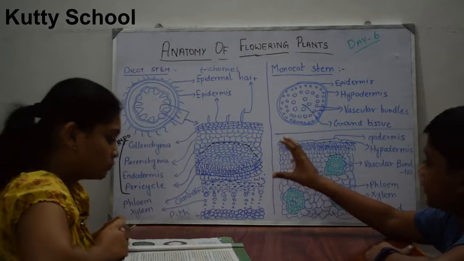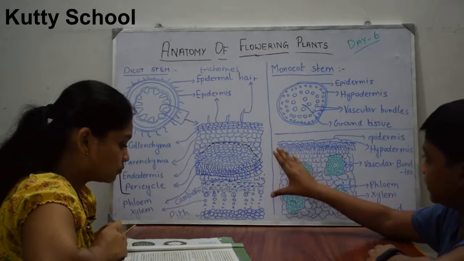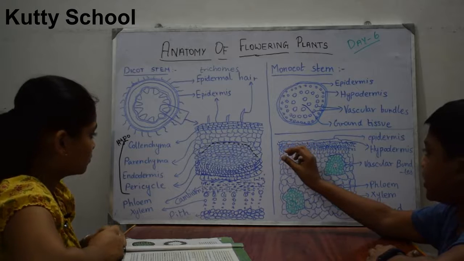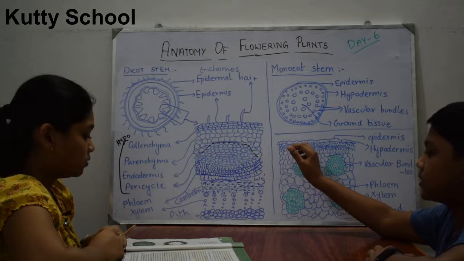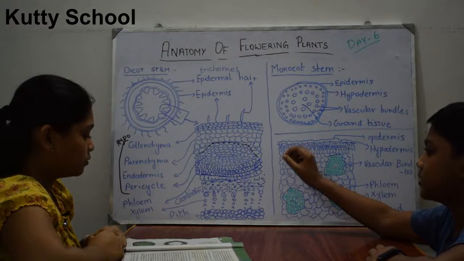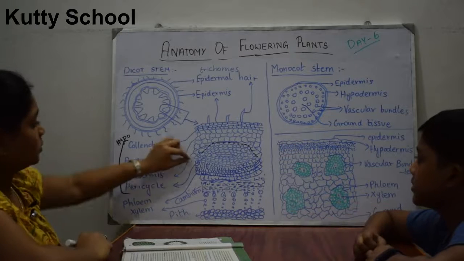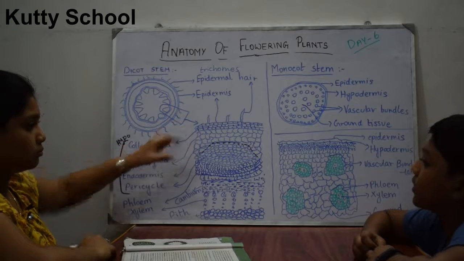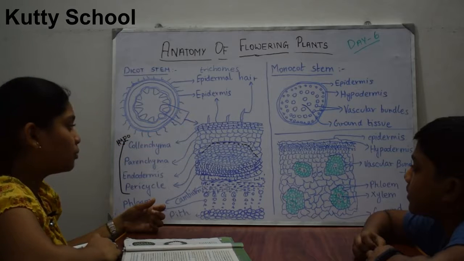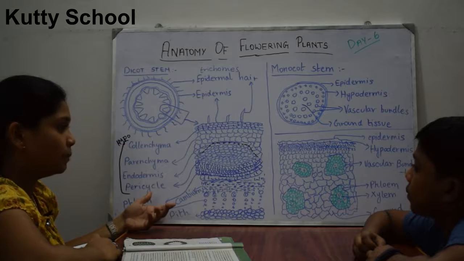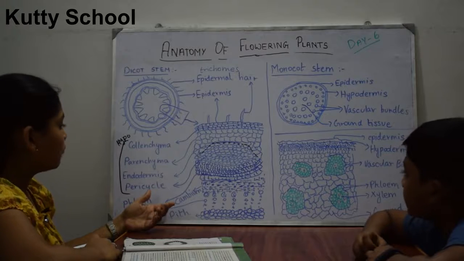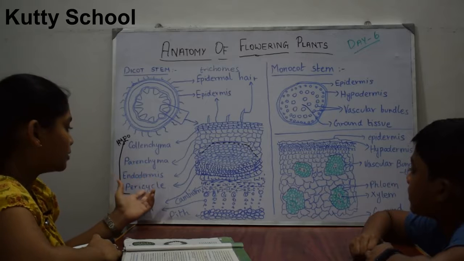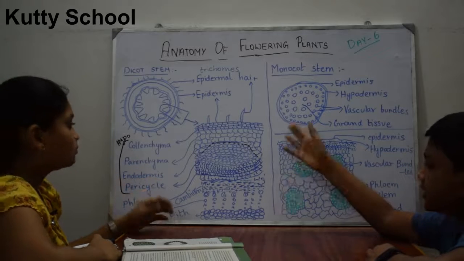In this whole section, the endodermis is the thinnest layer. These cells will be arranged; even if you see in a microscope, these will be big. In some plants the endodermis will be big, we cannot say that one. So after parenchyma cells, there comes endodermis, and after this, pericycle.